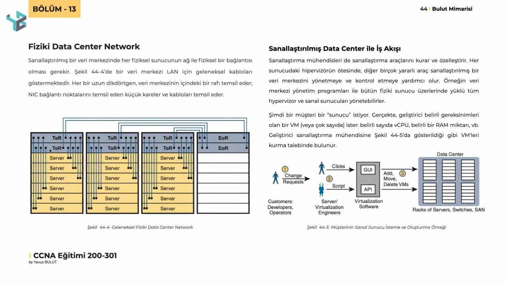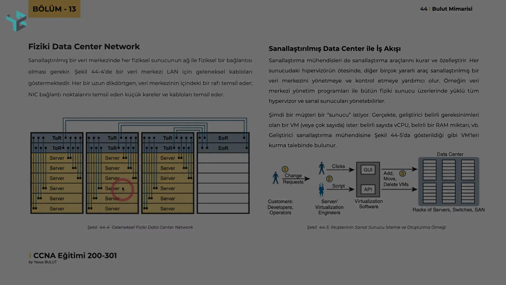By connecting the first of the ports coming from the server here to the first TOR switch and the second to the second TOR switch, we are backing up the network connection of our servers. We connect the connections from the TOR switches to end of rack switches here. We connect the first TOR switch to the first end of rack switch, and we use our switches as a backup by connecting the second TOR switch to the second end of rack switch.